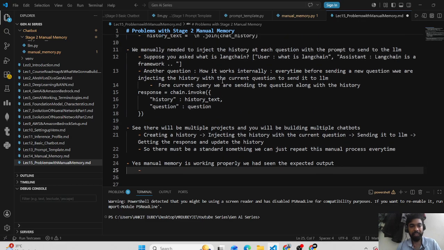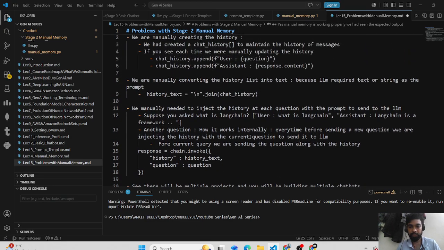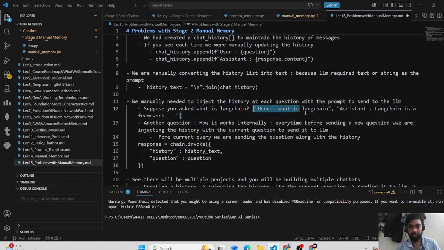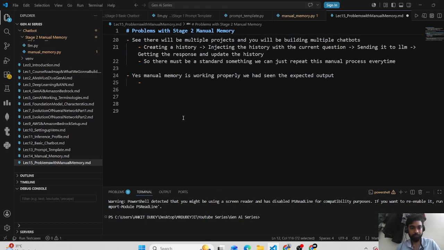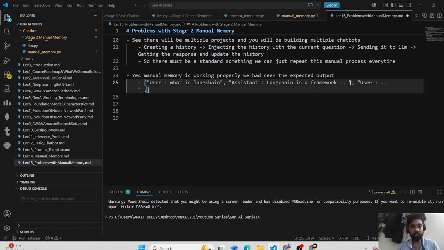We are maintaining the history like this, where I had written like this: user message, assistant message, then another user message, another assistant message, blah blah blah, right? So that was working, but